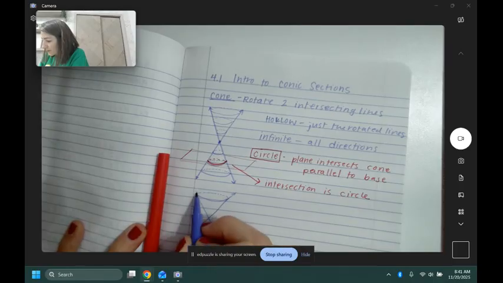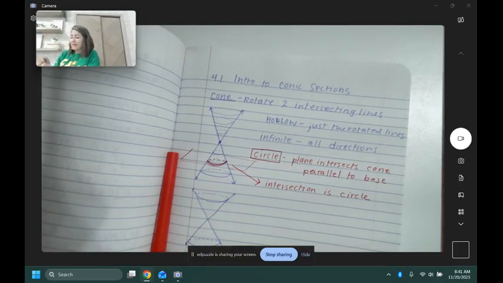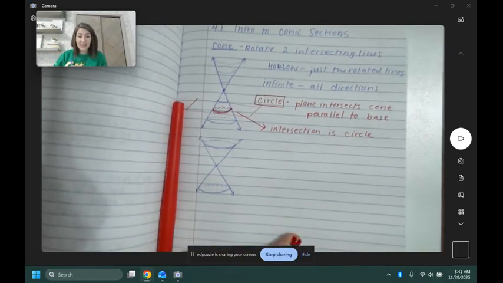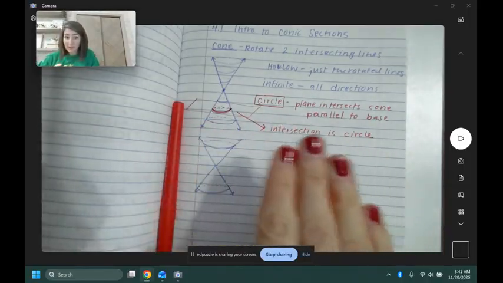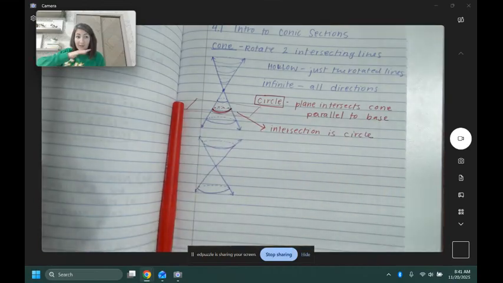Goes forever, goes forever. If I were to intersect this cone with not a plane that's parallel to the base, not one that's cutting it right in half horizontally, but one that's angling a little bit,